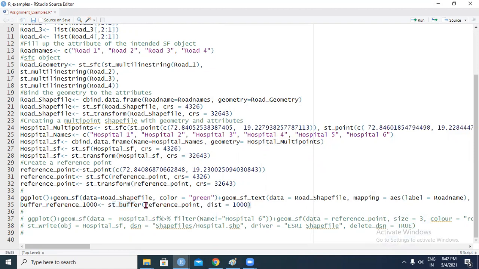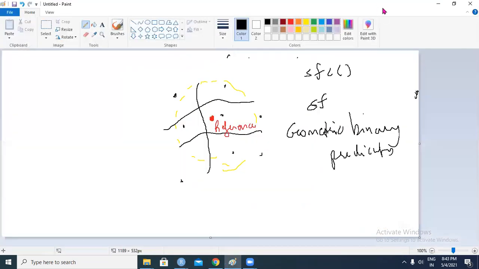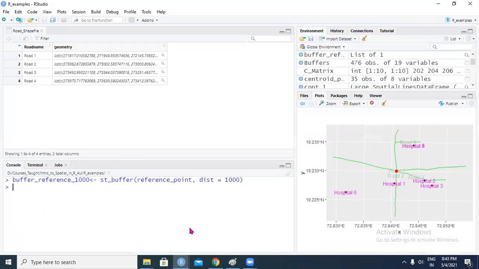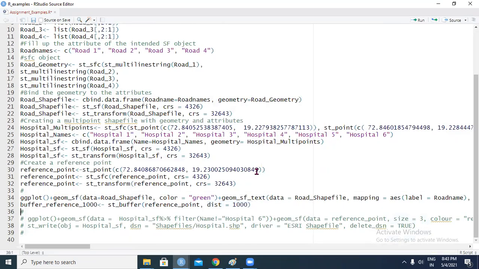You give the x value as your reference point, because that's the point around which I want to create a buffer. Say distance is equal to 1000, and I just run it, and I get my buffer.